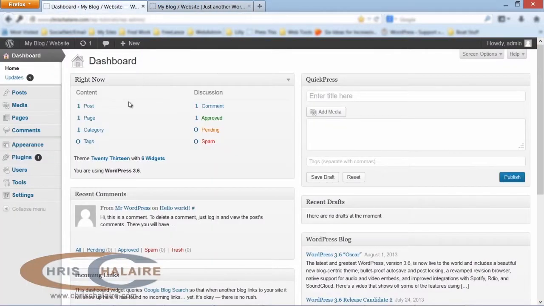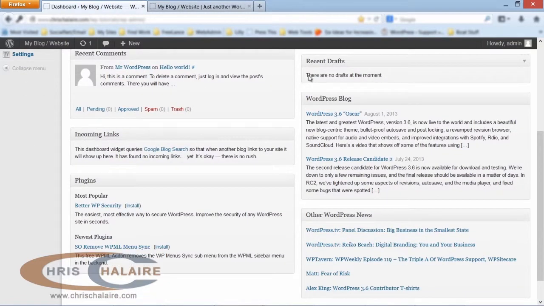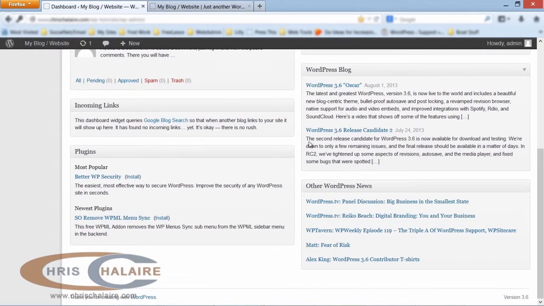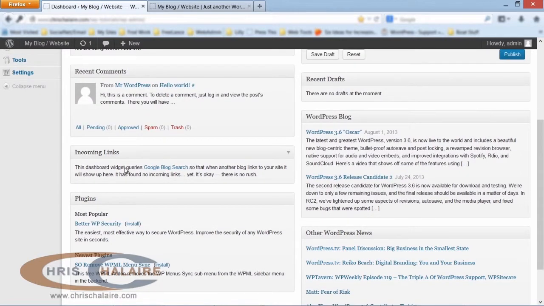On this main page you get a brief summary of how many posts, pages, categories, your tags, comments, approved, pending, spam, things like that. Quick Press, Recent Drafts. This is where pages or posts that have not been published will be waiting for approval. The WordPress blog, other WordPress news, plugins, most popular and newest plugins, incoming links from other websites linking to your site,